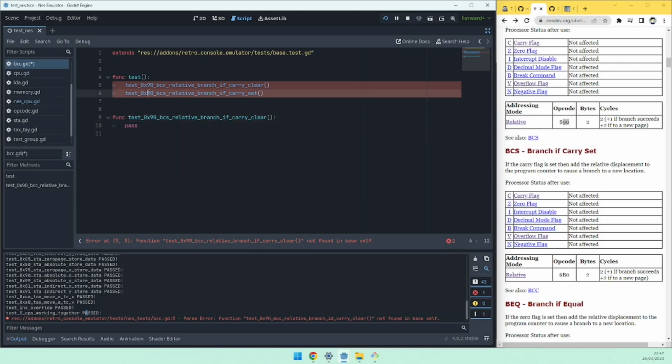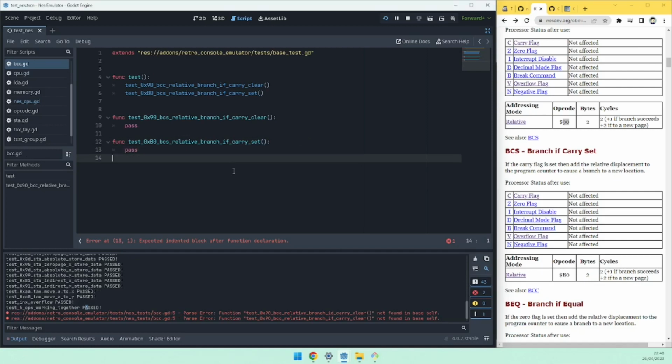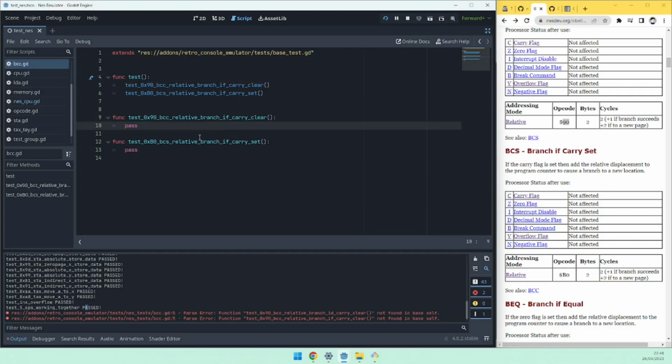Oops. And pass. So what is wrong here? Branch if carry clear. B0? Yes, B0, not BCS. So